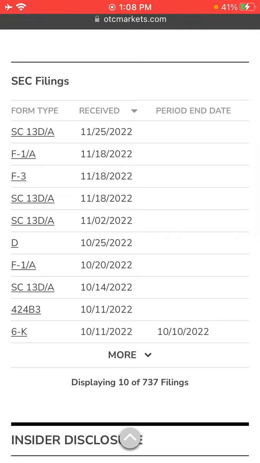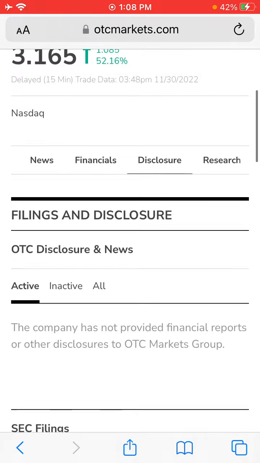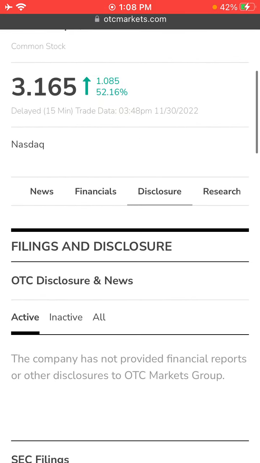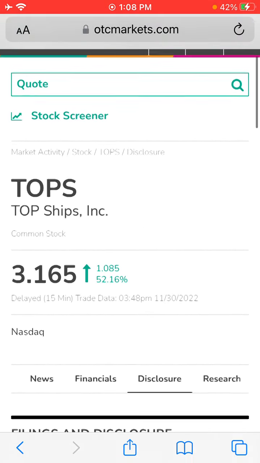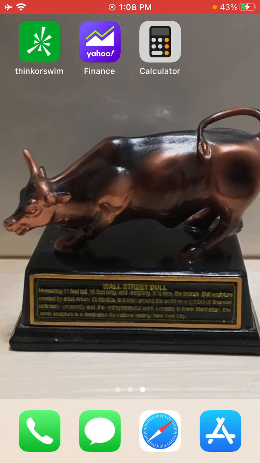And now with this stock, first let me show you, because it's a little different, the 10Q file is not called the 10Q file if it's a foreign company. And so TOPS is a foreign company, and how you could know if it's a US based or foreign company, you can go